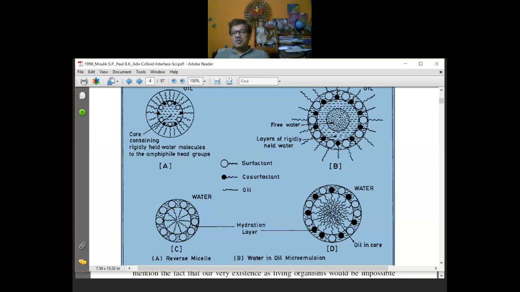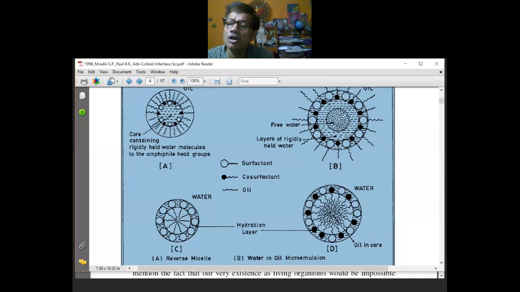Now you know the enthalpy of melting, the latent heat of melting, and how much heat they absorb. If I take a certain amount of water and measure its melting temperature, I will see a different chain melting temperature, not exactly at 0 degrees. This can be done by a calorimetric study, differential scanning calorimetry. I will see that the heat absorbed at 0 degrees is less than what the total amount of water would absorb. What portion does it account for? That would correspond to the free water or bulk water.